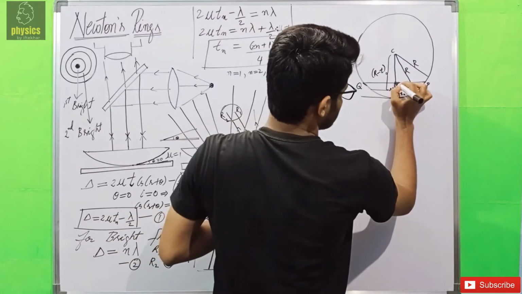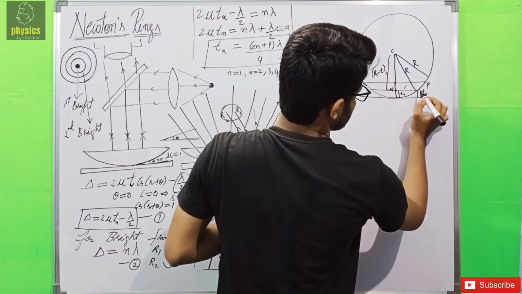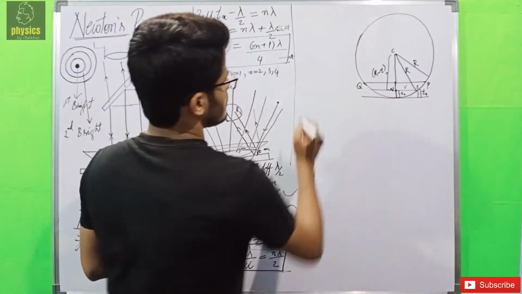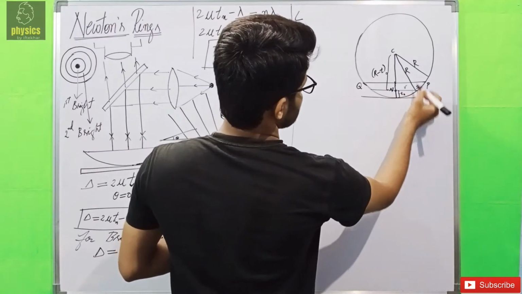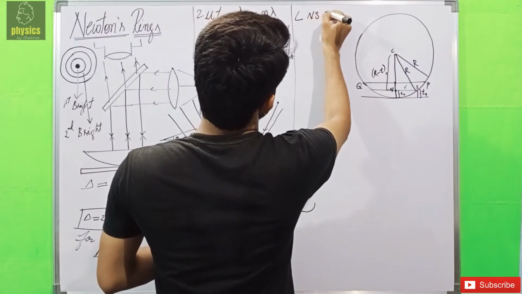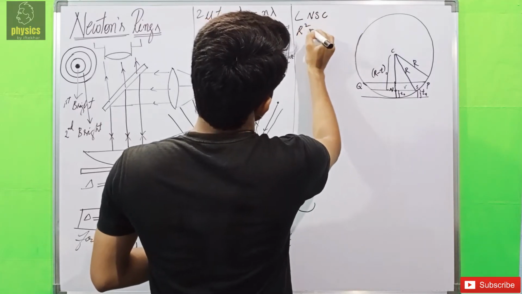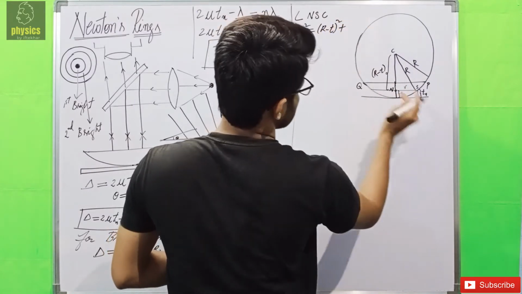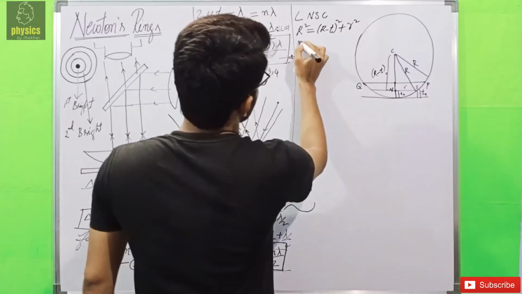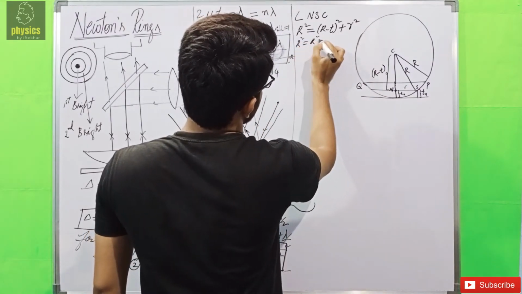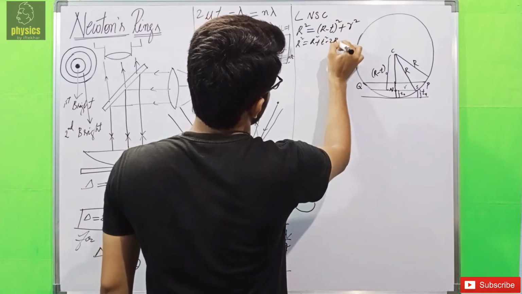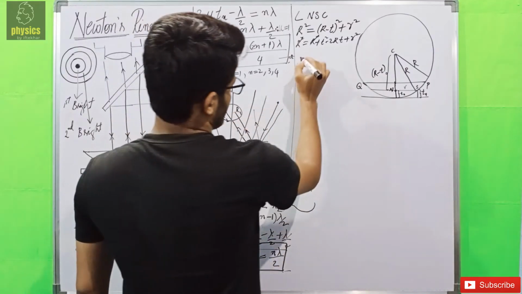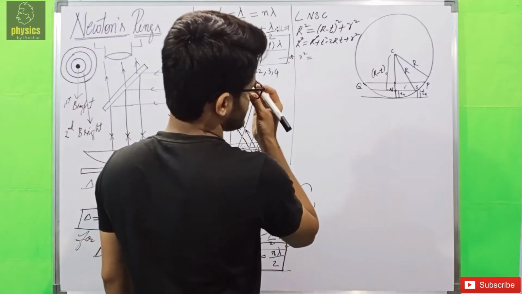So from triangle, this point I have to give some name for this. I'm calling it as S. From triangle NSC, R square is equals to R minus T whole square plus r square. Now this is equals to R square plus T square minus 2RT plus r square. This R square will get cancelled out. r square is equals to